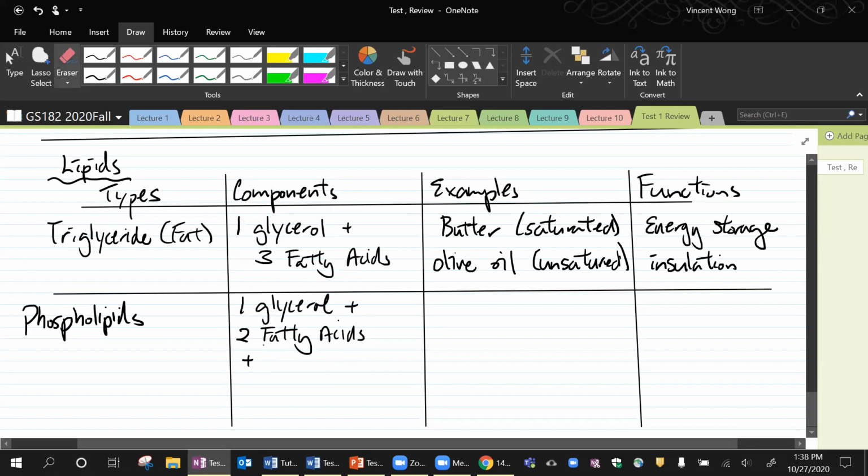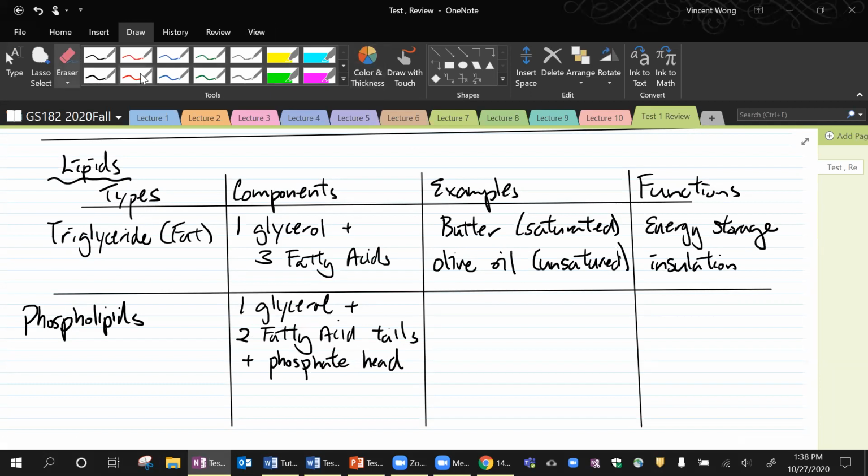Very importantly, it's going to have an additional phosphate group, which we call the phosphate head. The fatty acids are the tails. The tails are the hydrophobic part,